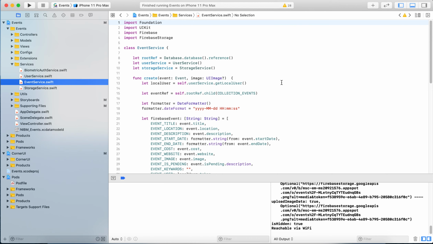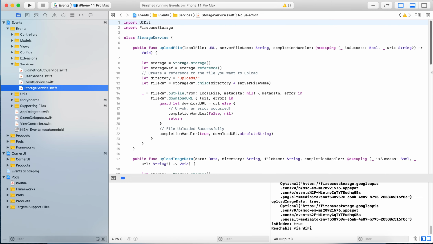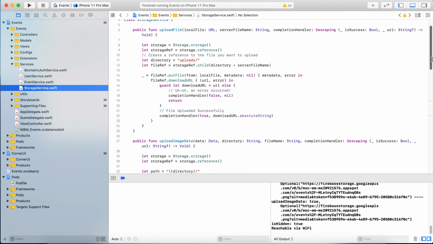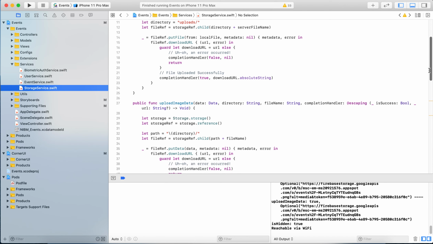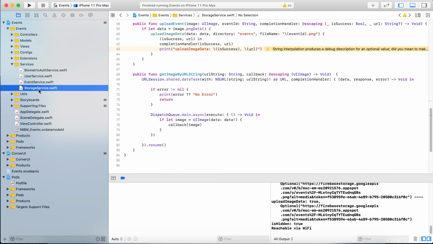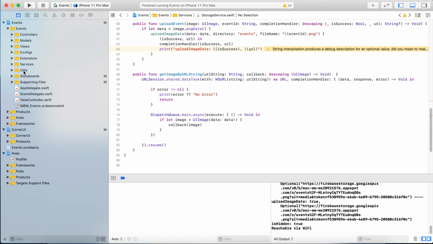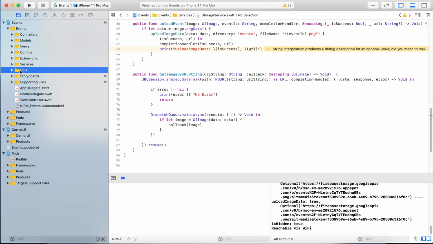The event related functionality has been implemented in event service, which is creating an event. File upload related to either user image profile upload and the event image upload has been implemented in this storage service. Also some other utilities like validators, UI view utilities, and datetime related utilities have been implemented in the utilities